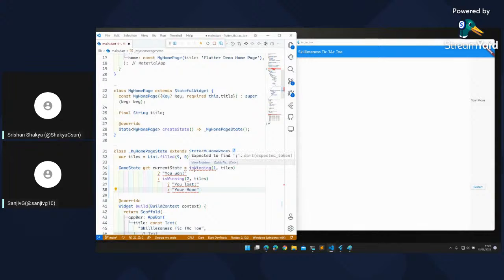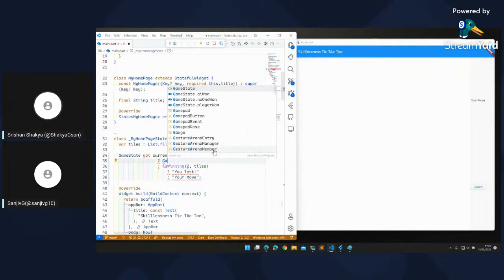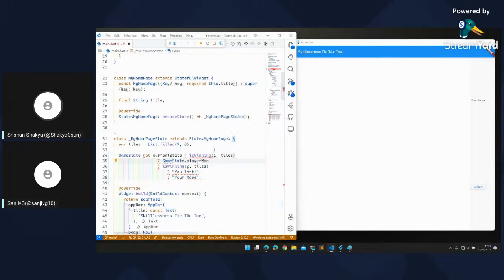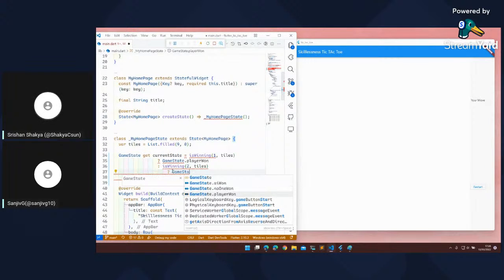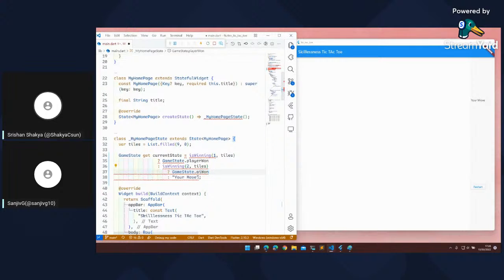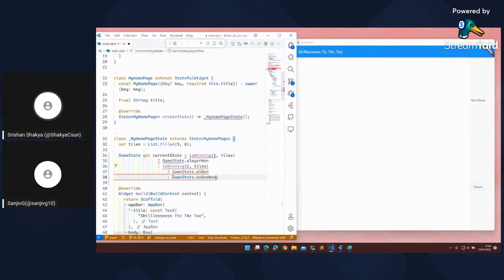So if the player is winning, then it should be GameState.playerOne. If the CPU is winning, then it should be GameState.aiWon, or else it should be GameState.noOneWonYet.